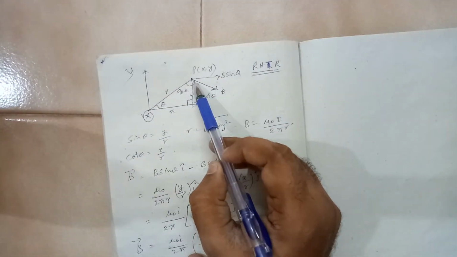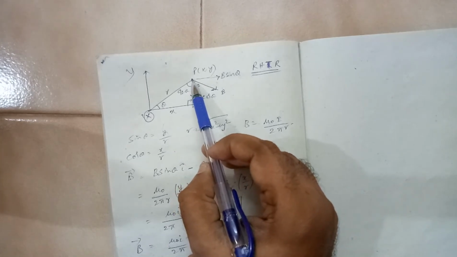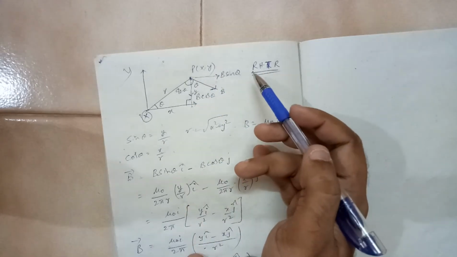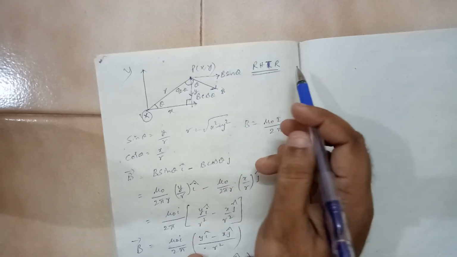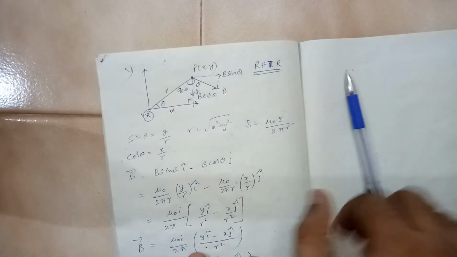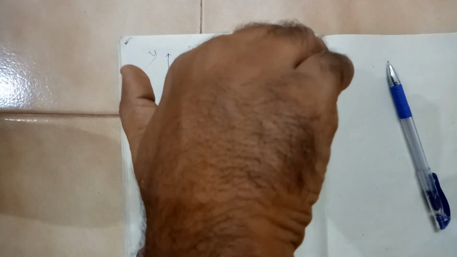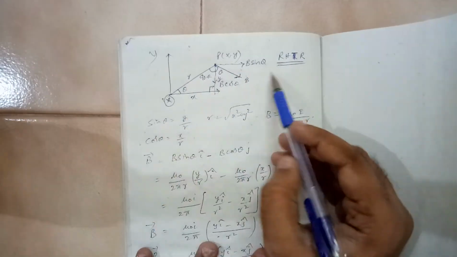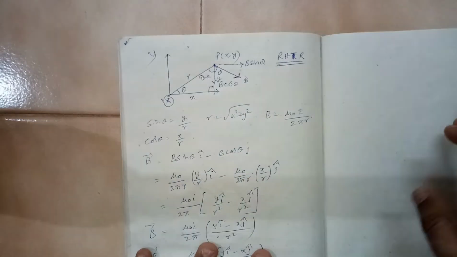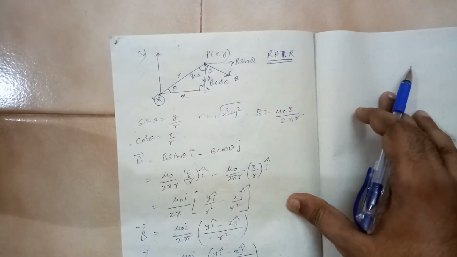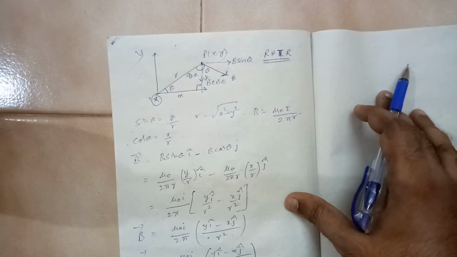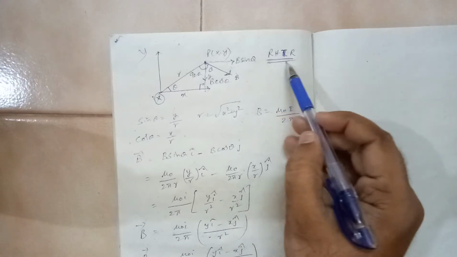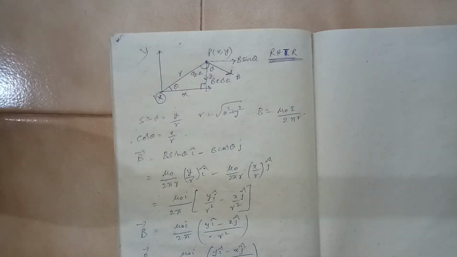Now this is the position at which you are trying to find the magnetic field. It will have some coordinates x comma y. So what will be the direction of the magnetic field? How will be the sense? See, the wire is going like this. So if you show it with a thumb, the other fingers are going in the clockwise direction. So it will be in the clockwise direction. The direction of B will be like this. I have made a video also on how we find these directions. The direction of B is like this here. By the right hand thumb rule, we can determine the direction of B.